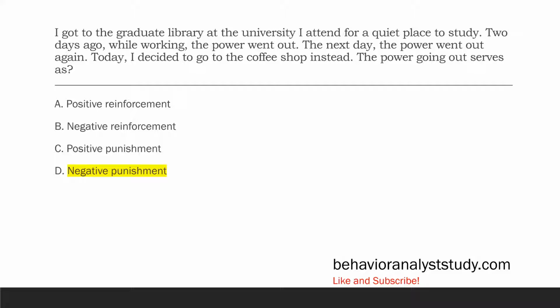Everything matters on the exam, right? Because they're going to test you on everything. So treat everything with the same respect. Experimental design, stimulus equivalence, positive reinforcement. Treat them all with the same respect. You have to know it all, right? And if you get a reinforcement punishment question, that's great because that should be a simple question for you to answer. In this case, go to the library, power is removed, behavior decreases, the power going out serves as negative